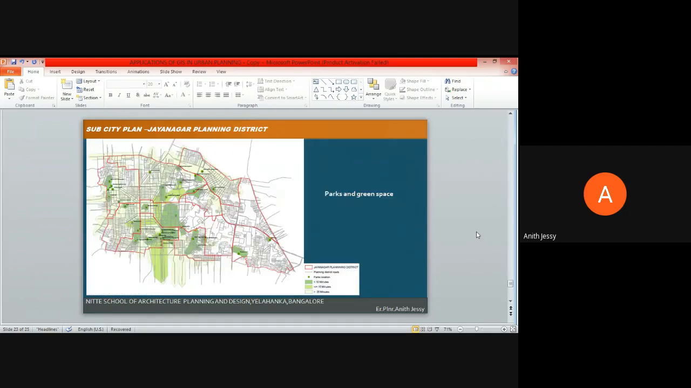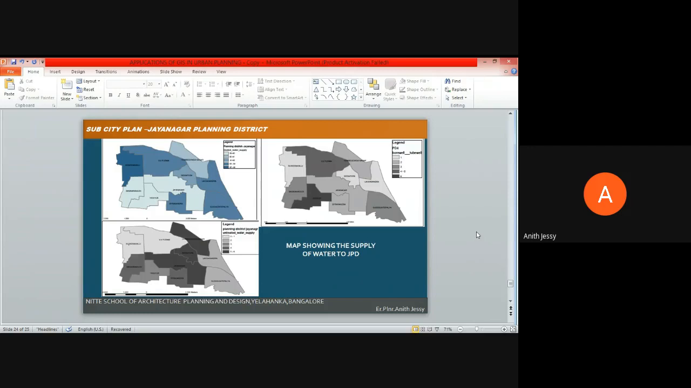So this is again the open spaces. The map which shows you right here is about the availability of water supply. The source of water supply for Jayanagar is piped completely. It is Kaveri water supply, so the tap water supply is the major source of water being supplied to this area, and almost 97% of the households are having an efficient